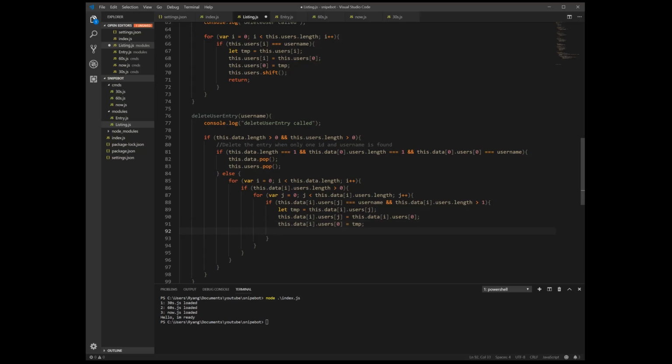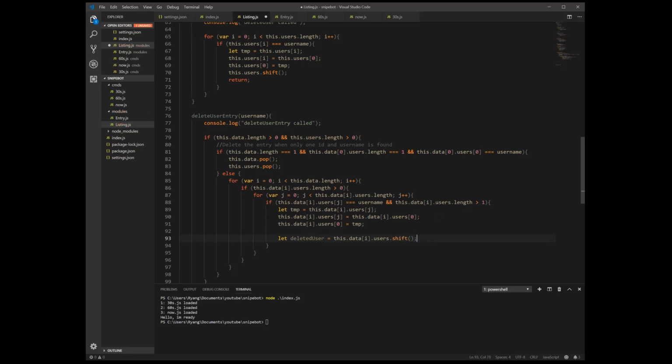we're going to delete it, right? So we're just going to pop the value out. So if you want to console log the value that you remove, we can just create a value and say something like deletedUser is equal to this.data[i].users.shift.